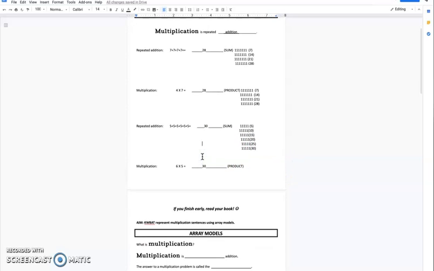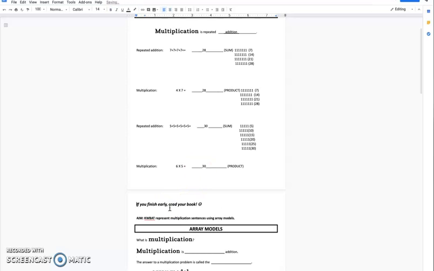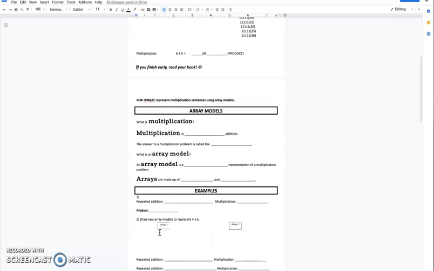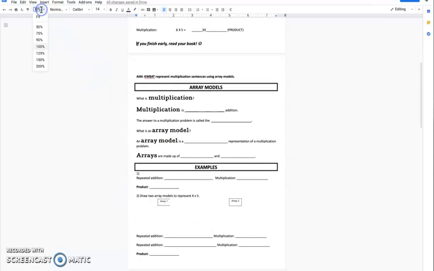Now, if you need help thinking through that process, you can stop, rewind it, and look it over again and listen to the instructions that I gave you. If you guys got it and you're ready to go, we can move on. So flip the page. Let me make this a little